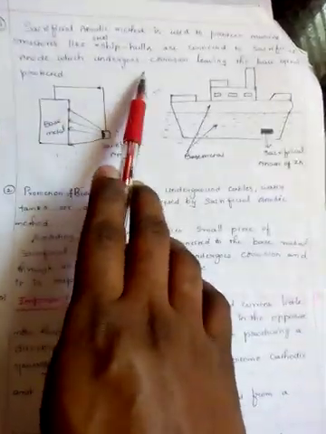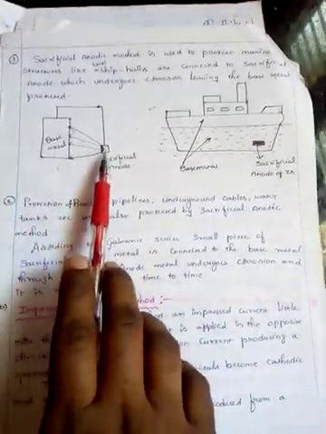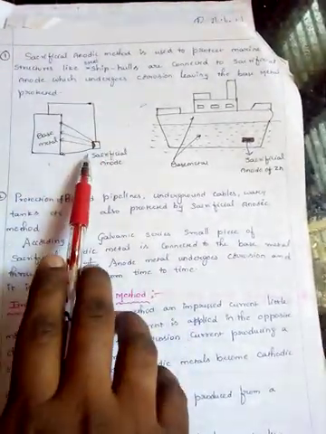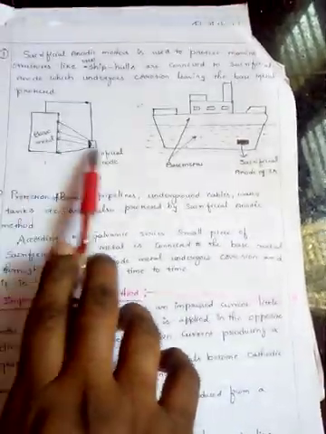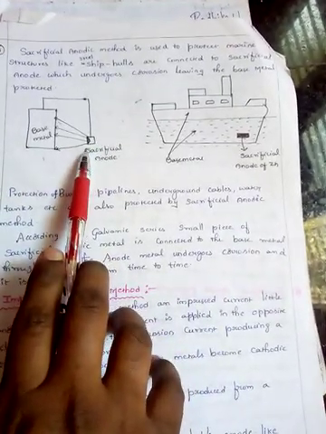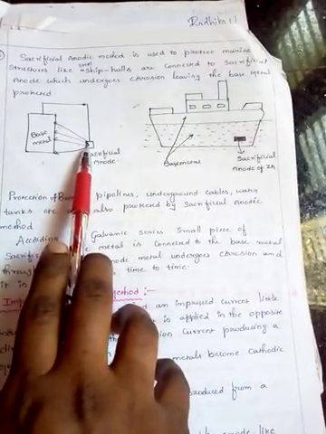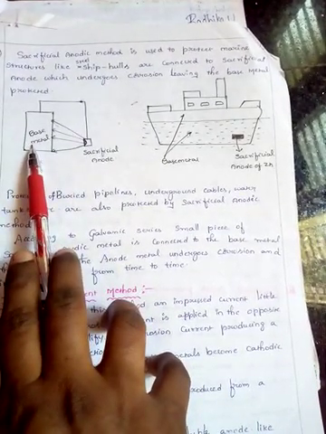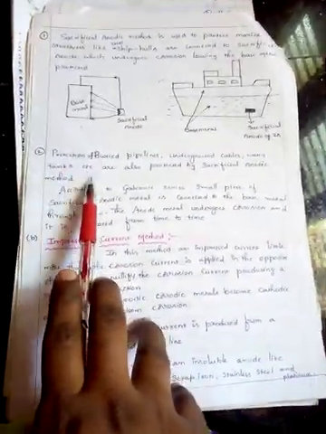The sacrificial anodic metal undergoes corrosion, leaving the base metal protected. So this is the base metal, and the sacrificial anodic metal is linked to the base metal with the help of a wire, and this metal gets corroded before the base metal according to the anodic tendency. So we are arranging the small metallic block in a pattern in order to corrode before the base metal. Okay, so this is the main mechanism or process that we are implementing here.